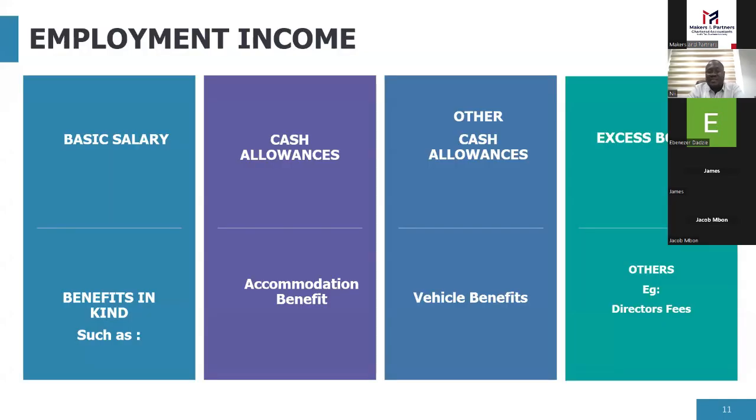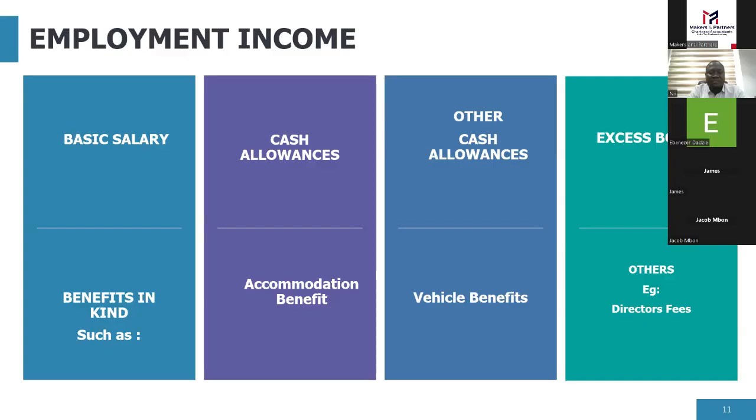So you should have your basic salary. If you have your contract letter or appointment letter, you know your basic salary. If you have cash allowances, maybe you have communication allowance, fuel allowance, whichever allowance that you have, they are all taxable. They are subject to tax. You have excess bonus. There's a rule on bonus. Bonuses are only granted to qualifying junior employee from the tax law.